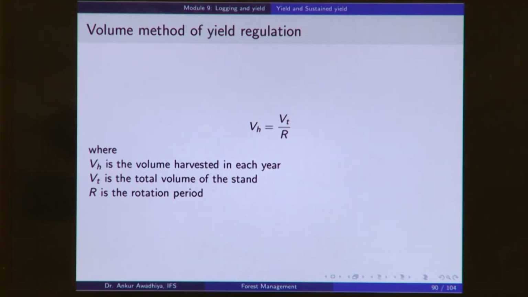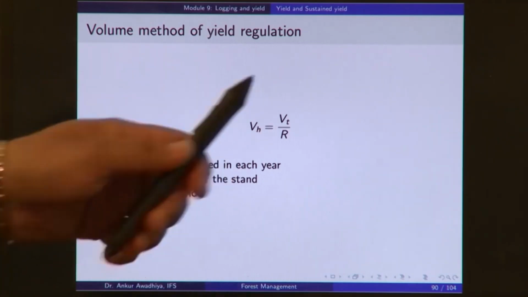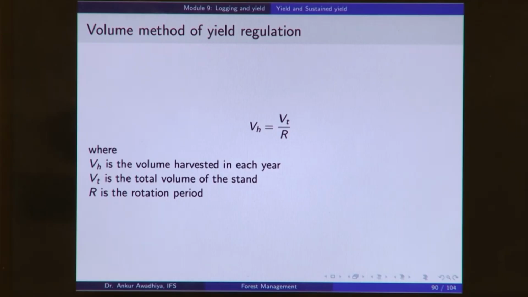Now, another method of yield regulation is the volume method. The volume method is a slight improvement of the area method. It says that the volume that should be harvested every year is equal to the total volume divided by the rotation period. So, what this method is saying is that you figure out the total volume of timber that you have, that is the growing stock, divided by the rotation period, and you reach a point where you can say that this is the amount of timber that I should be